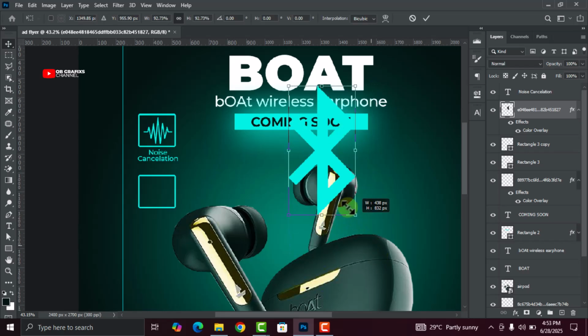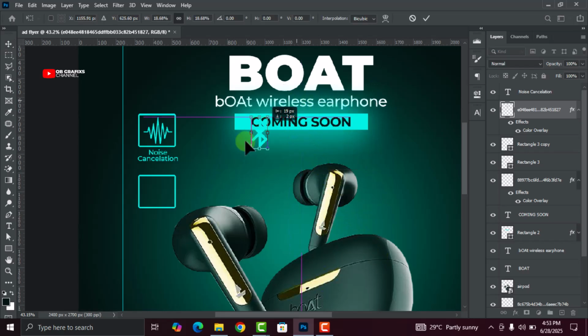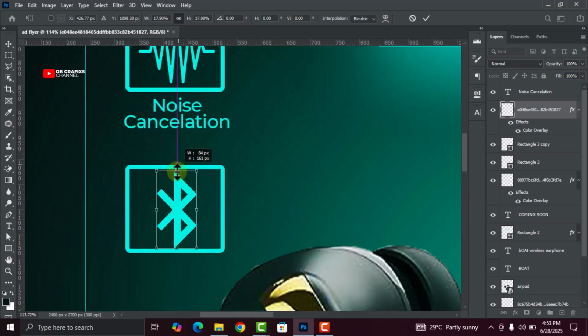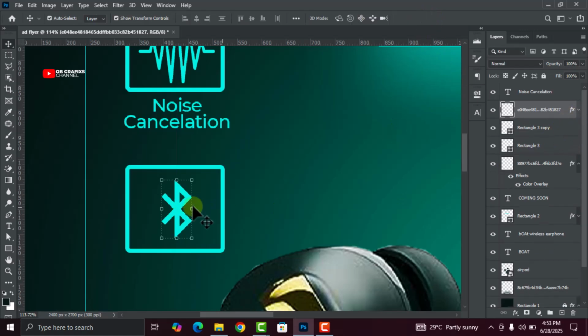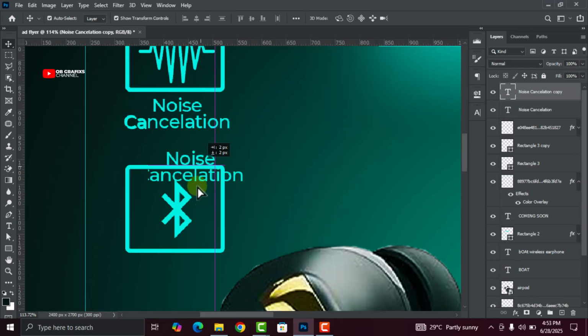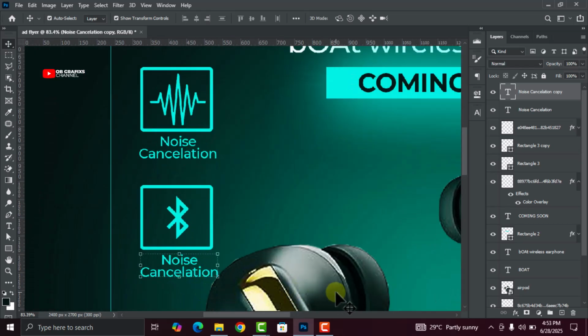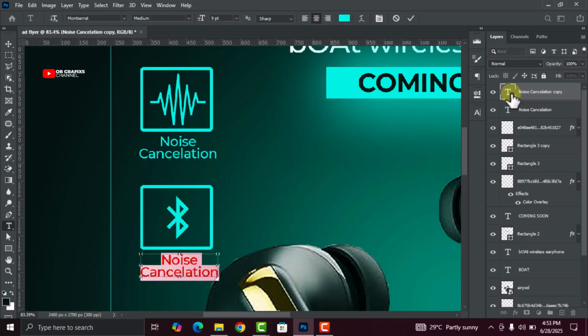Then decrease the size. Now select this text, press Ctrl+J to duplicate, and then drag and drop it right here, and then change the text to